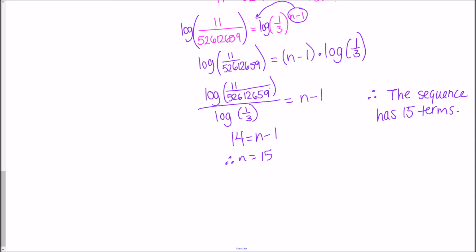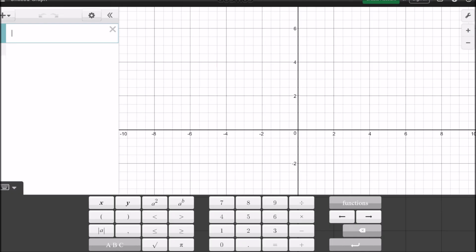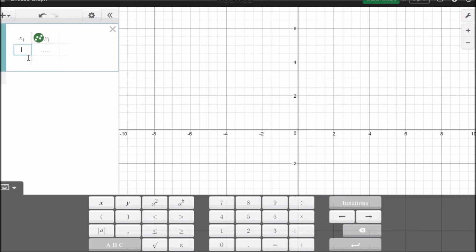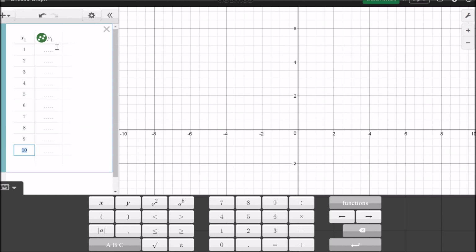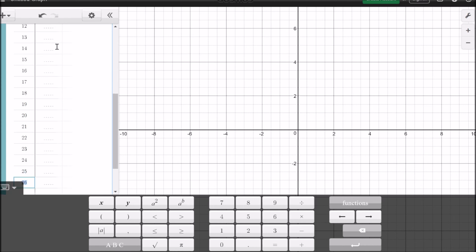Okay, now I want to show you how you could do this on Desmos. So the first thing that we're going to do is see what it's going to look like in a table. So I'm going to have a table of values right here. And we've got x1, and we're just going to go by ones because these are the terms in our sequence. Okay, and then after a while it'll start to autocomplete. Let's go to about 30 because at this point I'm pretending I wouldn't have known the answer. And to find the term, I would take